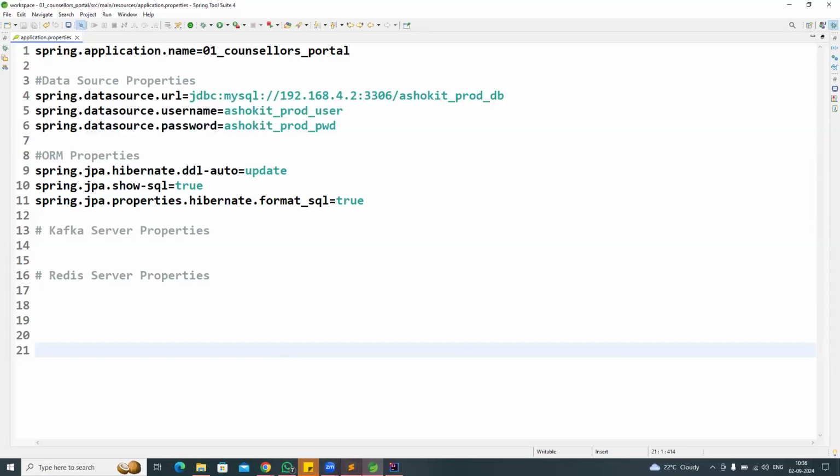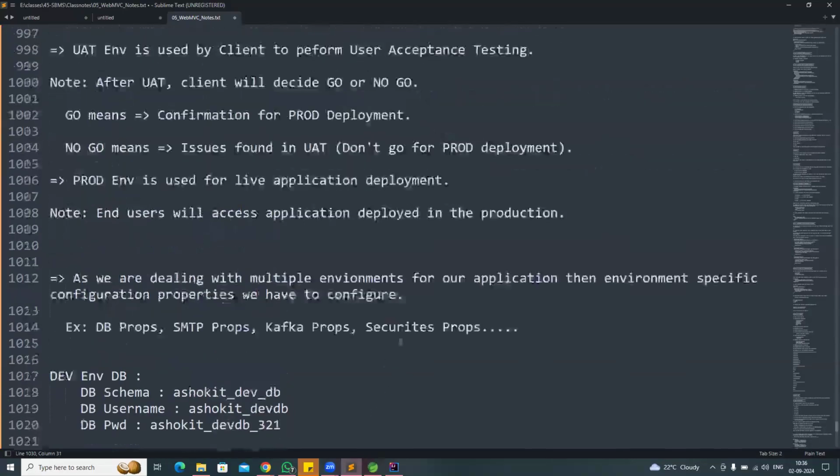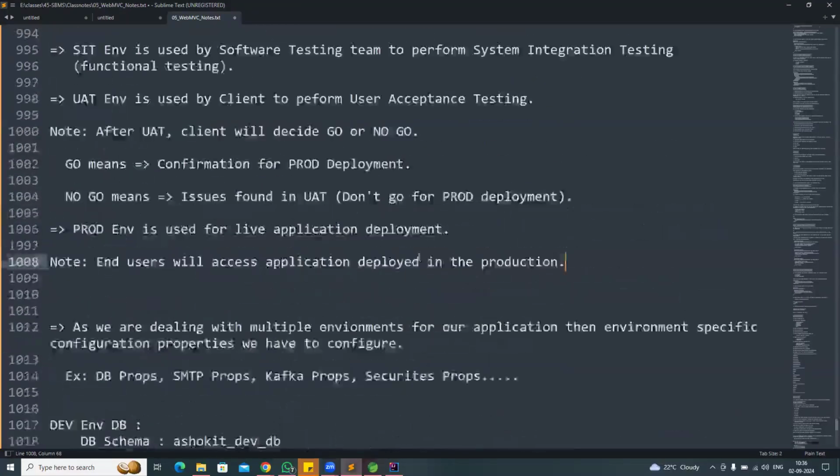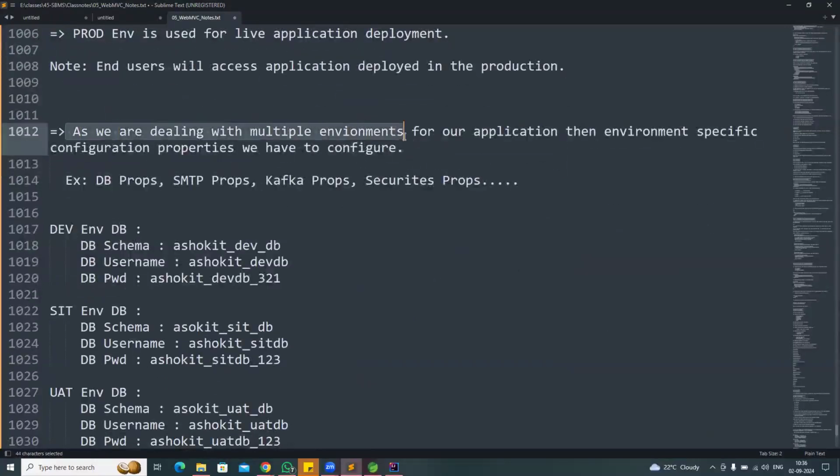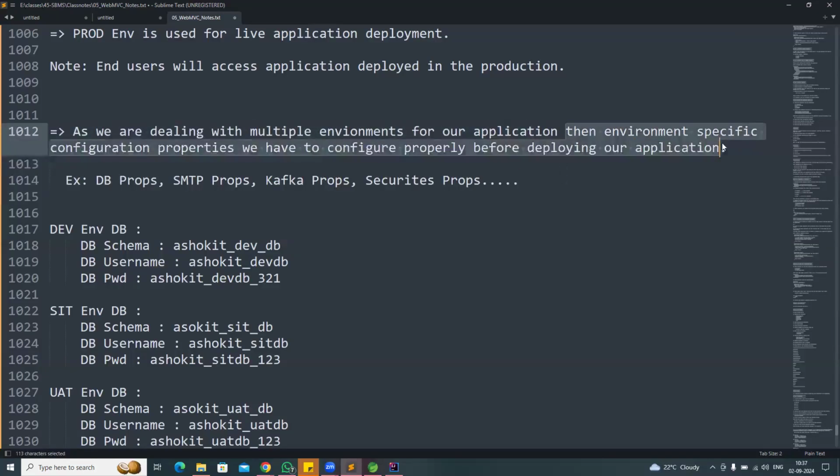Is it easy? No, it is very difficult, and there is a chance of making some mistakes also. As we are dealing with multiple environments for our application deployment, for our application testing, environment specific configuration properties we have to configure properly before deploying our application. So database properties will change. For every environment, as we are dealing with multiple environments for our application, every environment